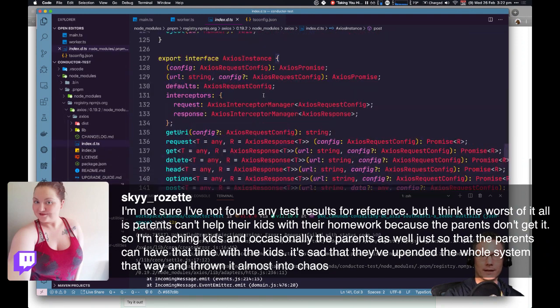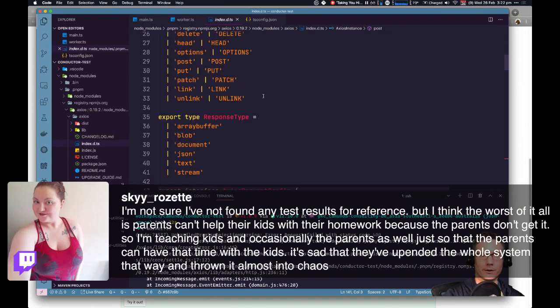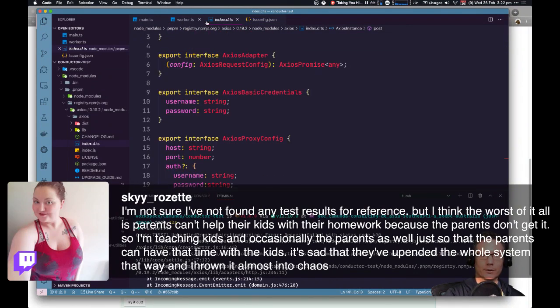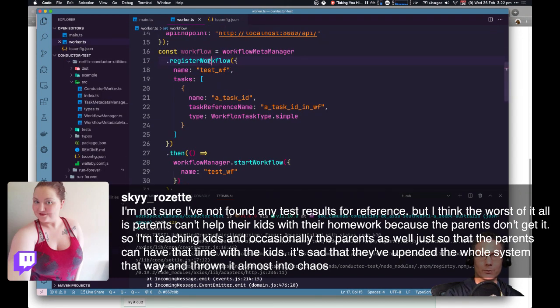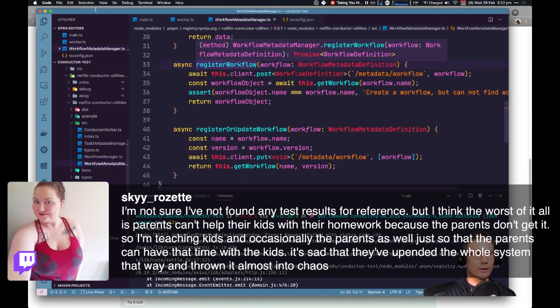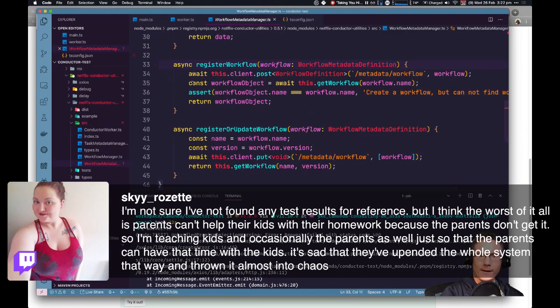Okay, it's just a standard Axios client. Okay, I wish I could go back to where I was, but can't do it that way. Let's go register workflow, go to the definition. Register the workflow. Create a workflow, but cannot find workflow.